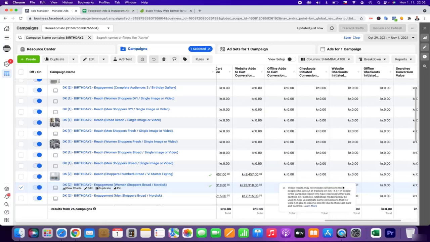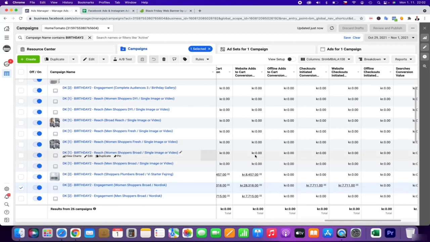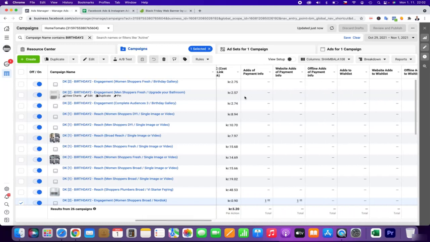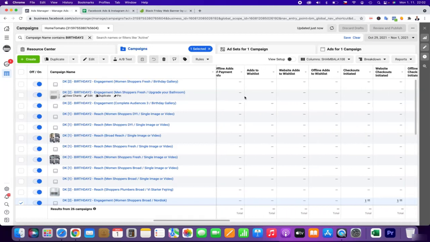And this is basically quite interesting that this gallery, even with its engagement, is having quite a lot of add to cart actions. And this basically leads me to this upgrade your bathroom ad.